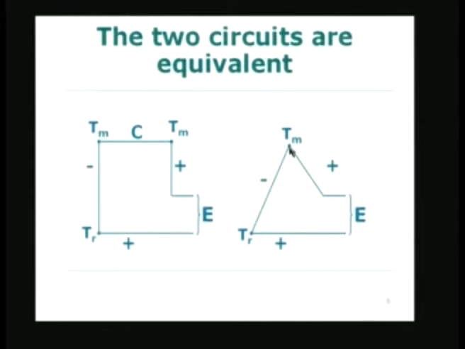I have got a single junction at temperature Tm, Tr, and I have got a negative wire and the positive wire, and this particular thing is missing. These 2 are equivalent. That means that whatever potential difference I am going to measure across the terminals in the first circuit is exactly the same as the one I am going to measure in the second circuit. That means that this extra wire, which is at a uniform temperature equal to Tm, is not going to affect the measurement. And if I go back to the